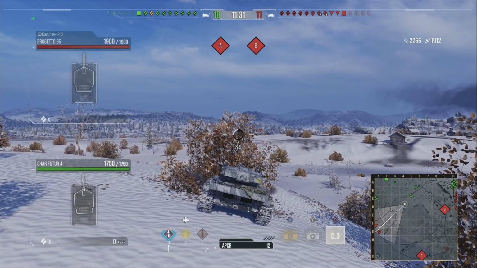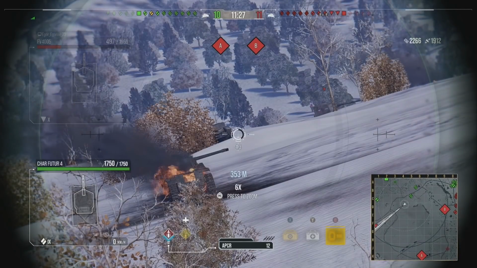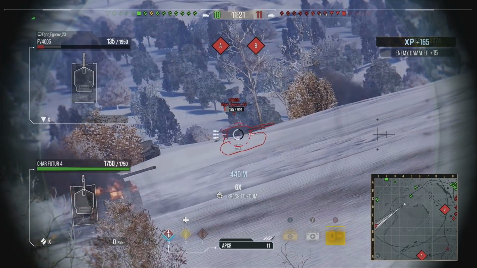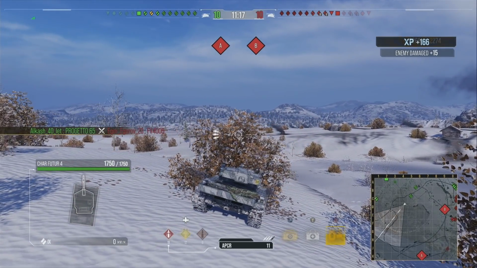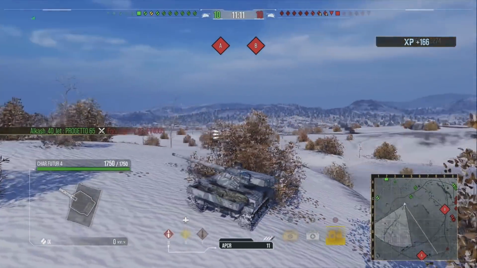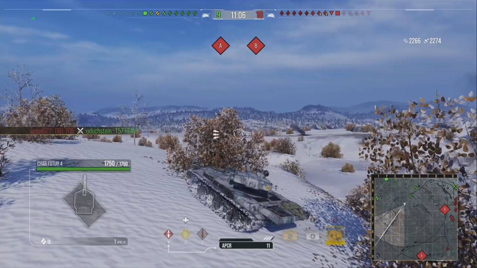Of course, what we're doing now is just being a little bit more passive. We're on a reload. We had 15 seconds. We're just waiting it out, seeing what the FV4005 does. We're going to hit him once, and then our teammate in the Progetto takes him out for the final shot. We've now got 3 shots in the clip, and this is where the Progettos, or the Char Futurs even, sorry, I got confused there, but that is where the Char Futur 4's DPM becomes even worse,